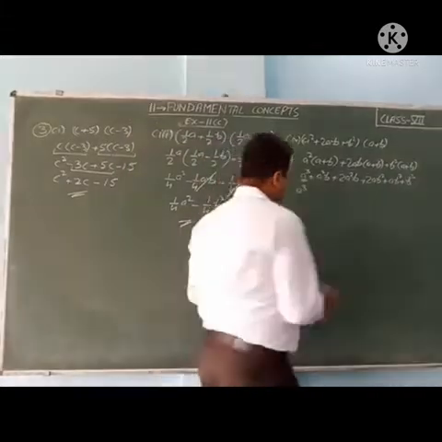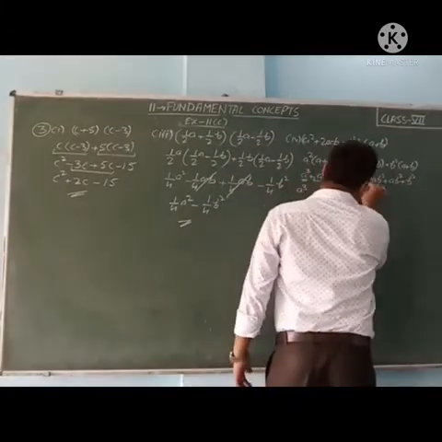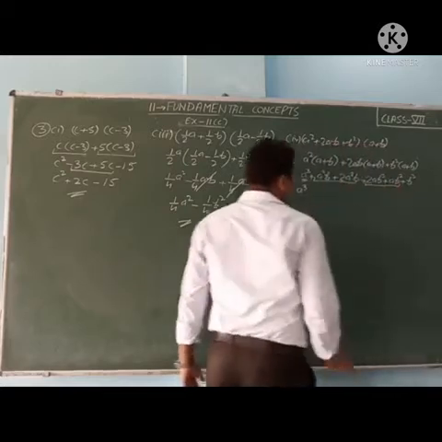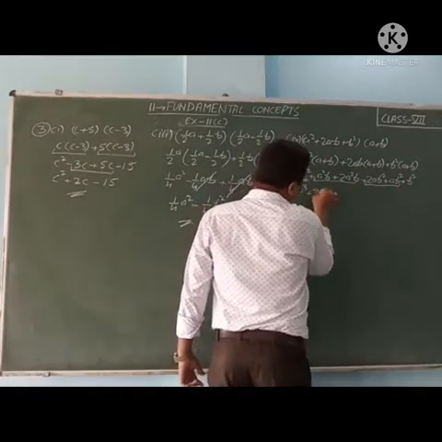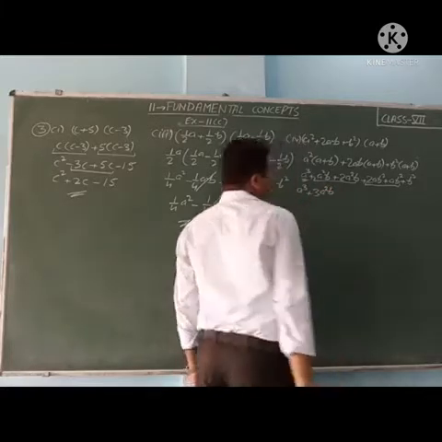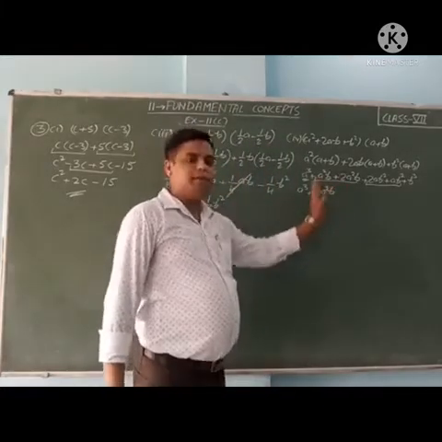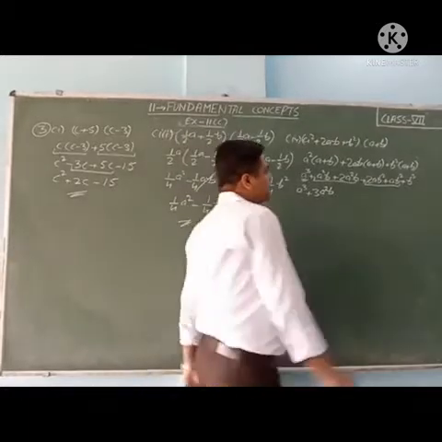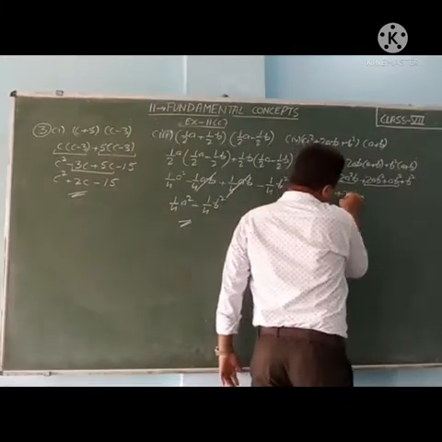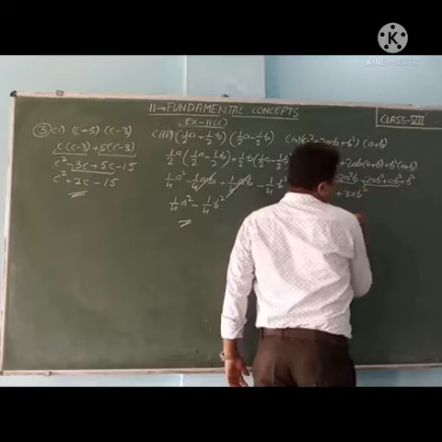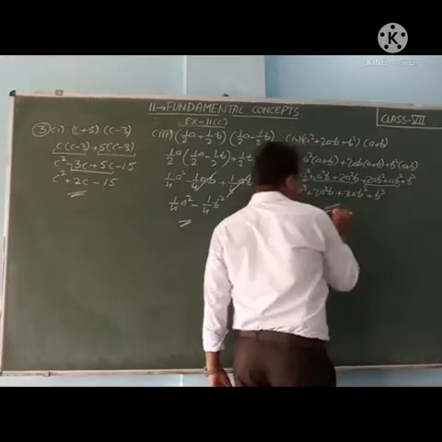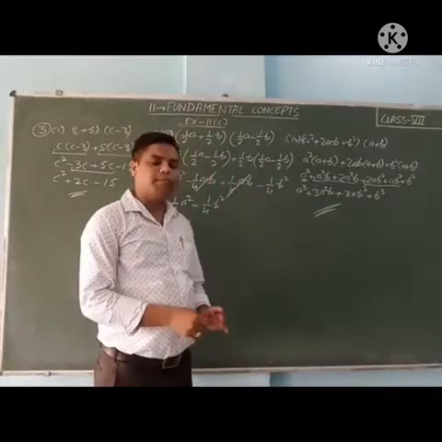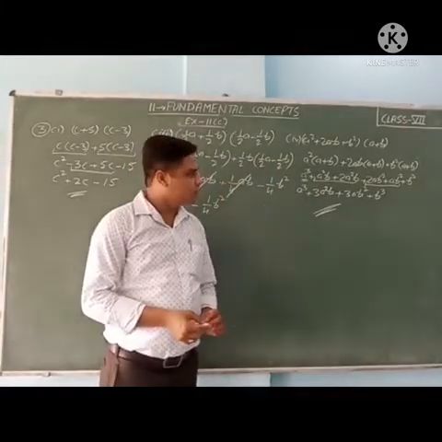So we can solve. So one group of like terms is this: ab square plus 2ab square plus 3a square b. a square b plus 2a square b means 3a square b. Same here, plus 3ab square, then plus b cube. So answer is a cube plus 3a square b plus 3ab square plus b cube.